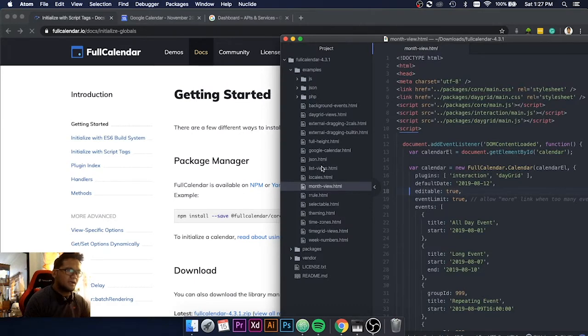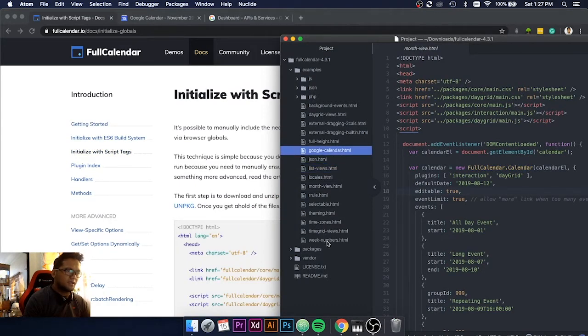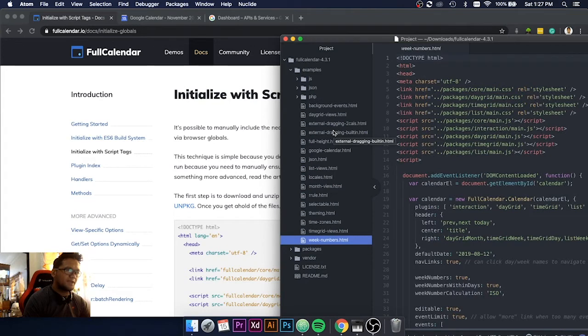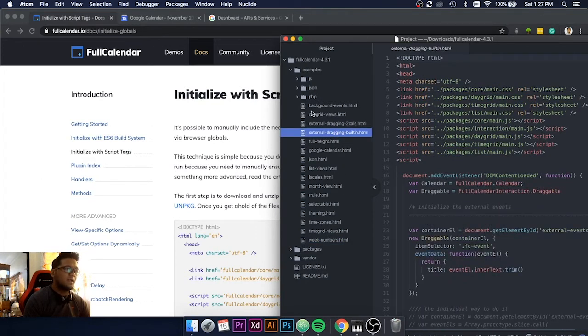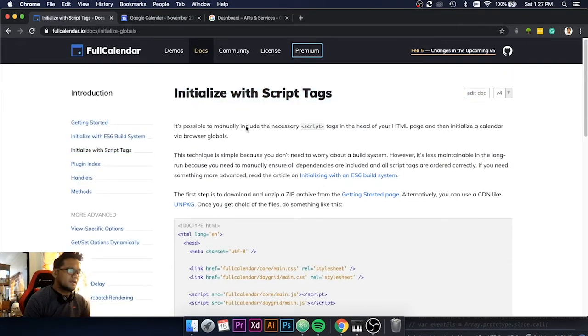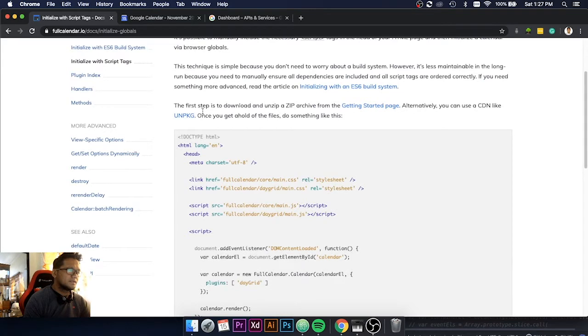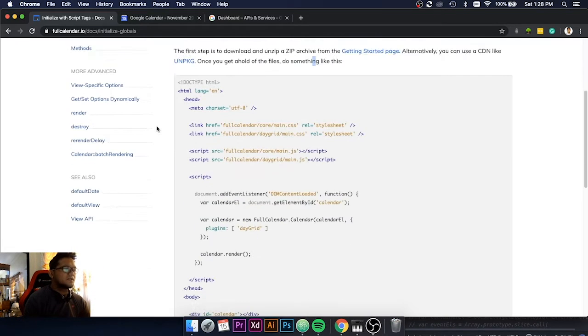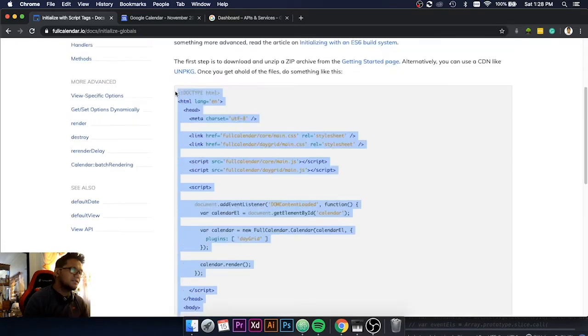As you can see, there are HTML files here, but we're not going to be using those yet. Actually, let's go ahead. According to the first document, the first step is to download and unzip, and then alternatively you can use a CDN. Once you get a hold of the files, do something like this. So technically, you can create your own just to start